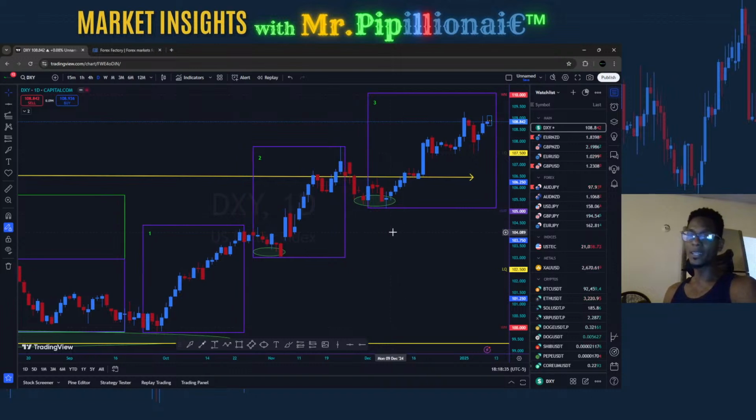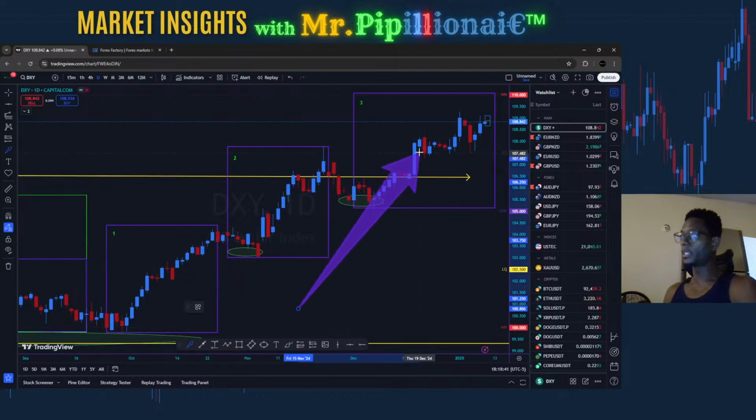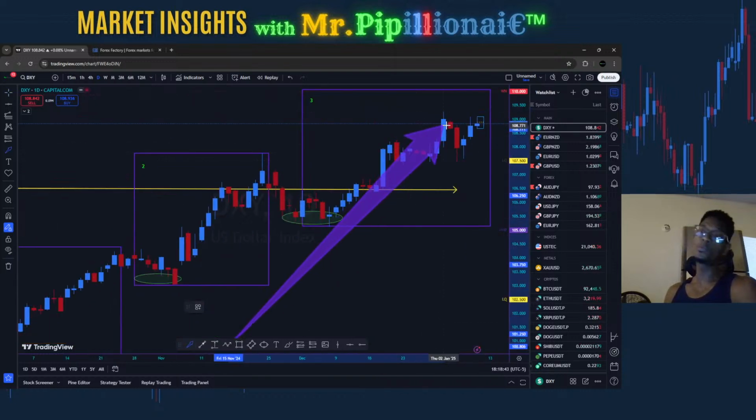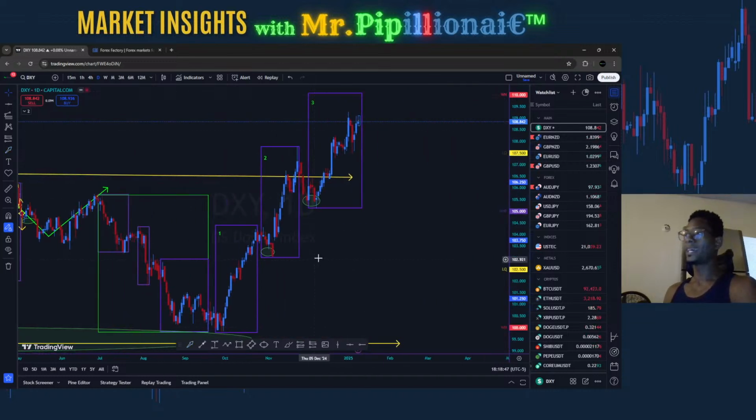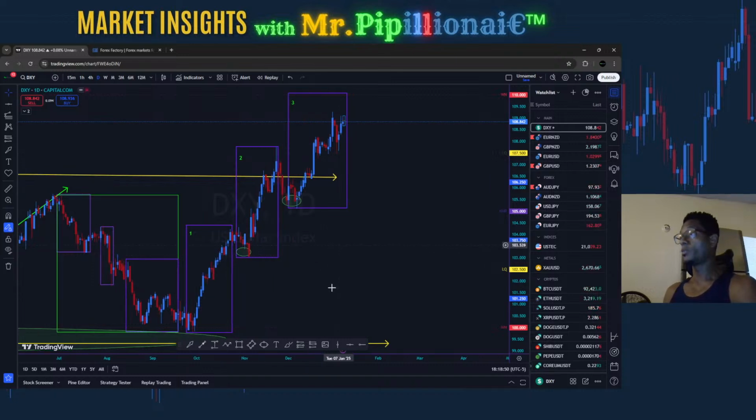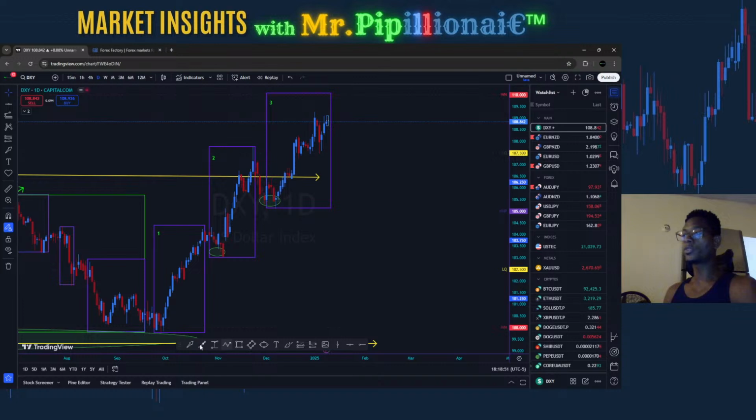But you will still see these cycles playing out before your very eyes. All right, so level 1, level 2, and level 3. So what can we assume is potentially going to happen? Well, after tomorrow, NFP comes in, and we can potentially look out for a formation where they may push price